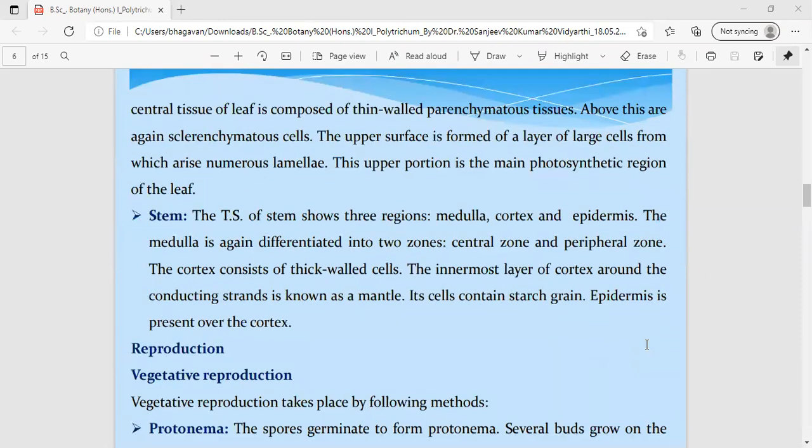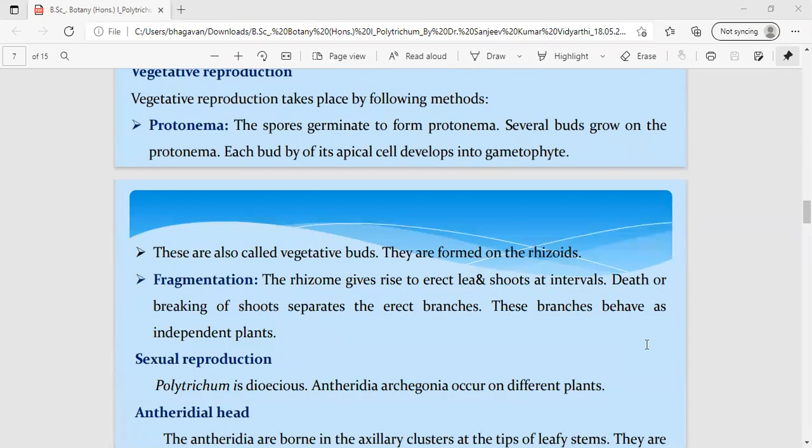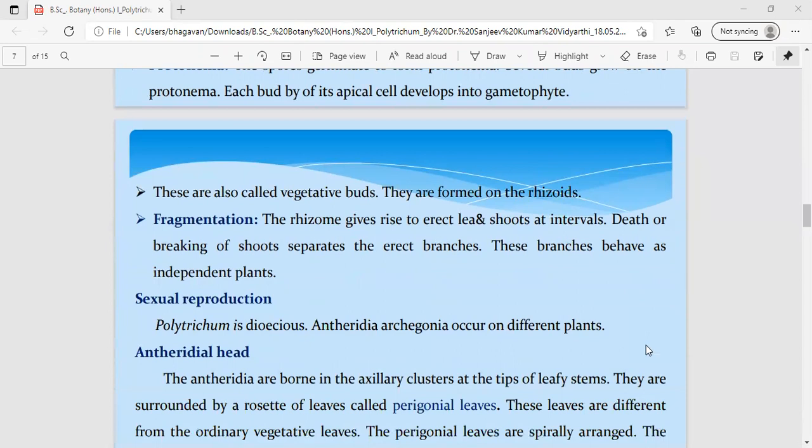Right. Next we are going to the reproduction. We have done with the reproduction. The vegetative reproduction is always taken up with the help of a small thread-like filamentous structure, which we call a protonema, developed from the spore of the sporophytic generation. Not only that, we can see the fragmentation process is also carried out. That is, the old branches or the rhizome, when detached from the plant, may give rise to an adult plant again. So that is the fragmentation process.